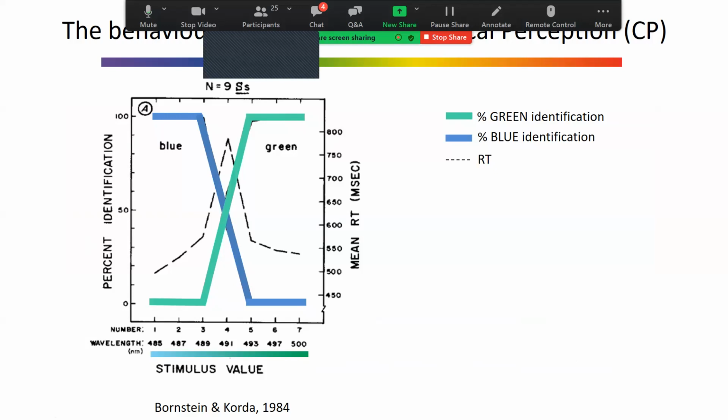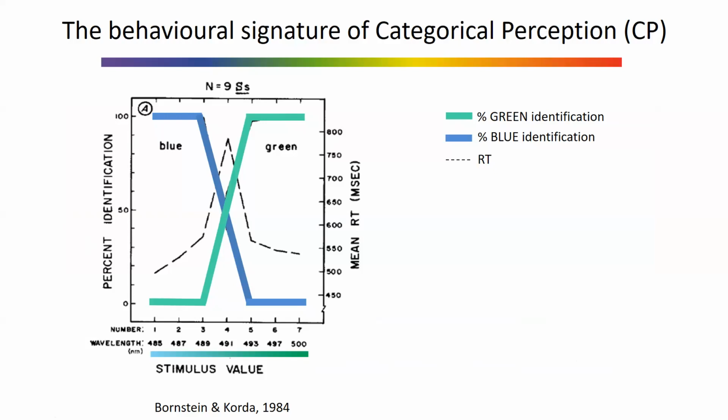And they ask their participants to simply identify the color. And you can see on the y-axis in the blue and the green lines is the percent identification. So for initially 100% categorizations are that the color is blue. And at some point you can see for color sample number 4, this changes.